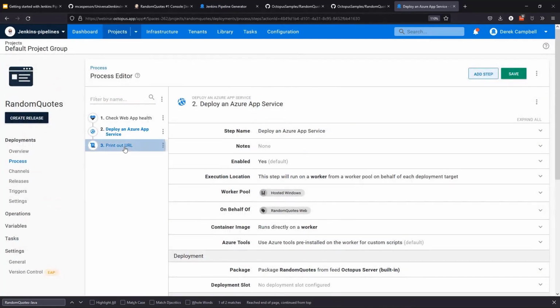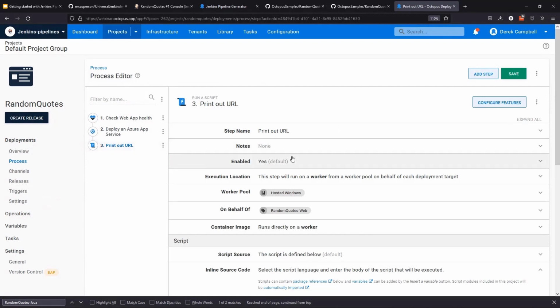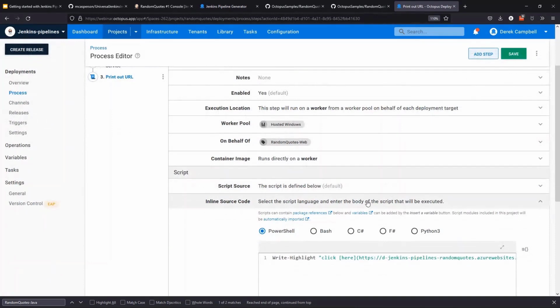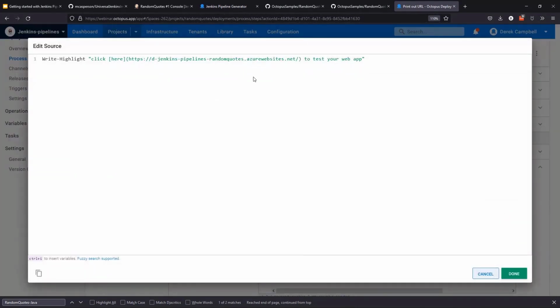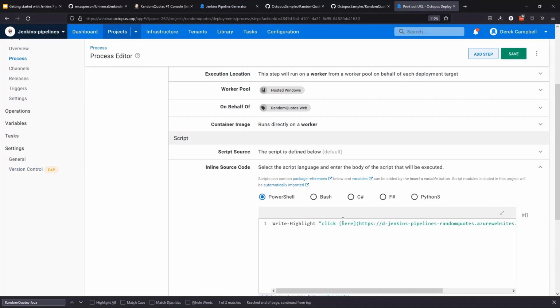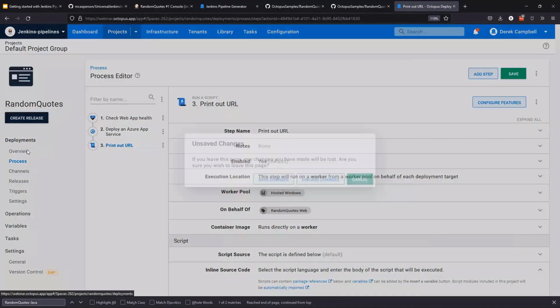And then lastly, I'm lazy when it comes to certain things. What I've done here is I've just written a little markdown script that will effectively just tell me the URL to use. This is something I would probably recommend making as a variable. So this is something you could do and then build in the variable. So let's set. So at this point, hopefully